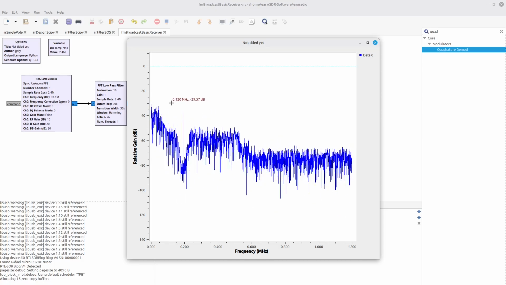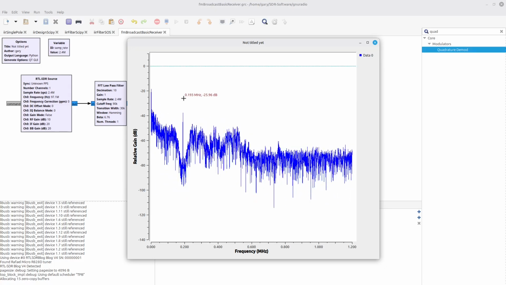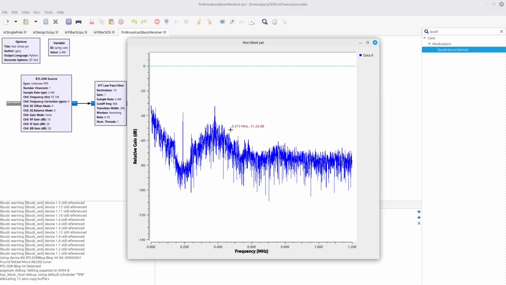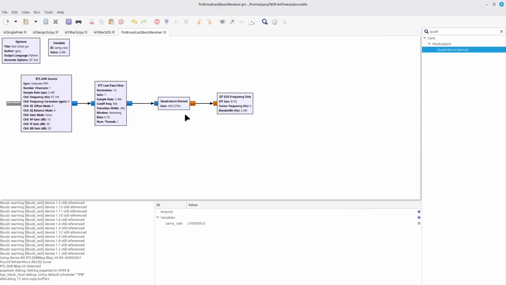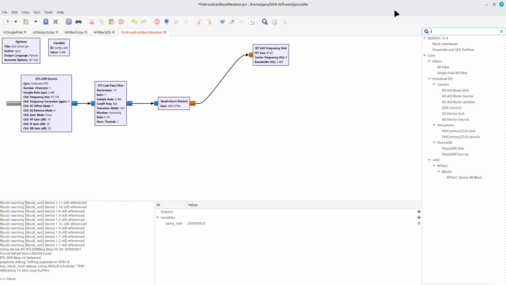Therefore, I need to specify how much ripple I think I can sustain without really affecting the signal. Well, I'm dealing with audio, so I can actually sustain quite a bit, but I'm going to try to keep it relatively low, and therefore I'm going to say that my ripple is going to be half a dB. To implement this inside of here, the first thing I'm going to do is add in the IIR filter block,